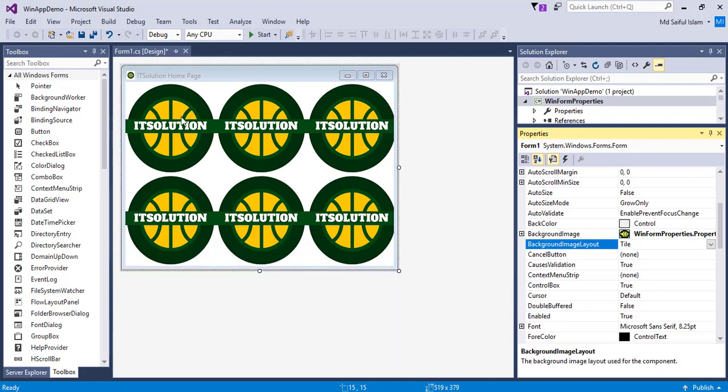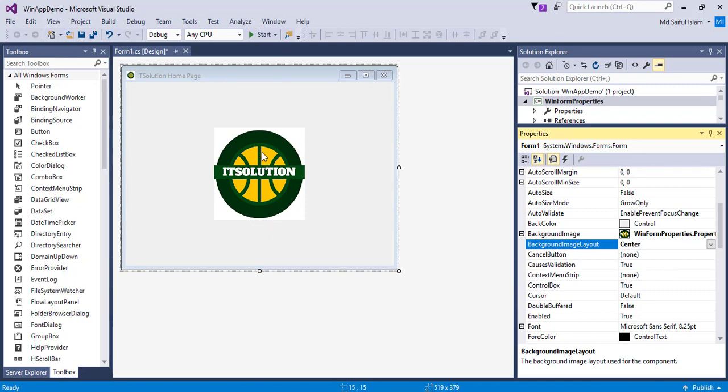In this format, the image will repeat n times. If I set it to center, the image will be shown only one time, and the position will be in the center. Run it.